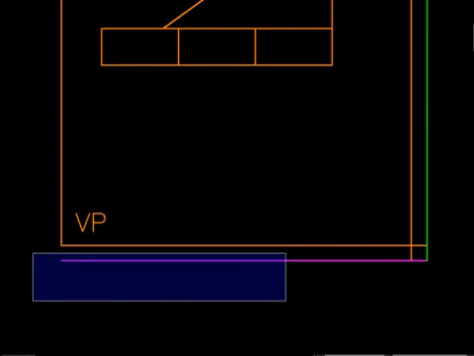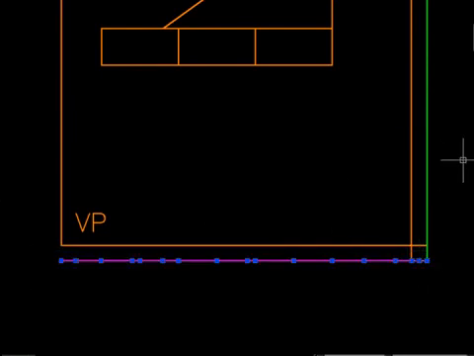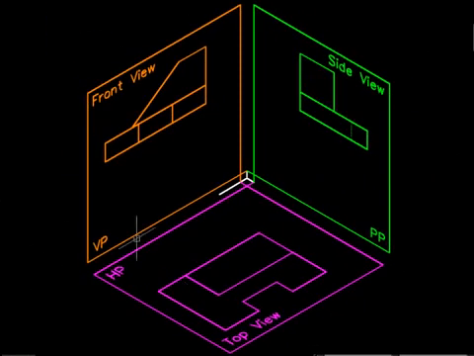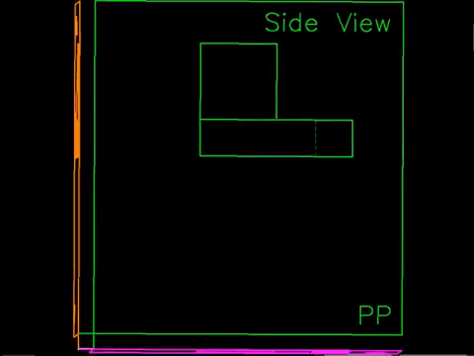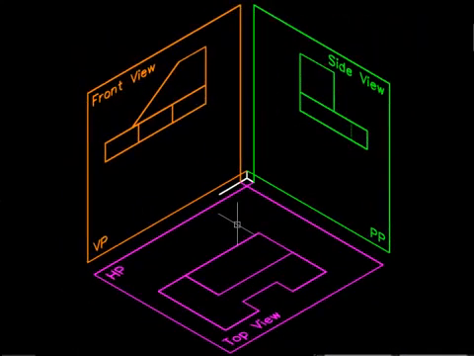The idea is to rotate this part which is in HP to make it in line with VP. So we rotate this part in such a way that it comes in line with VP.